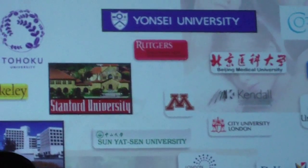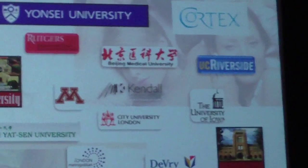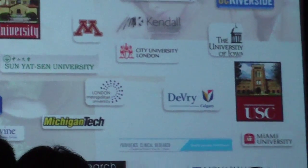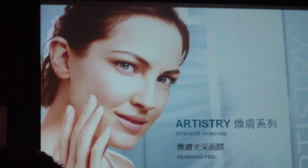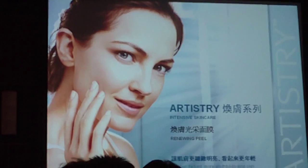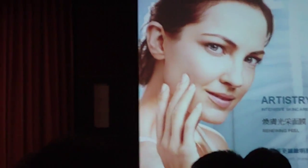This is a very quick overview of some of the capabilities within R&D. 这个呢是非常快速地介绍一下研发部的一些功能。 I mean, I could go on for 3 hours. 还可以再谈3个小时。 But I understand you're hungry and you want to get to lunch. 大家都饿了，还重要的是大家要赶飞机。 So now I'm going to talk about our latest technology and our latest product called the Intensive Skincare Renewing Peel. 现在跟大家介绍一下我们一个新款产品，就是这个新的焕肤面膜。